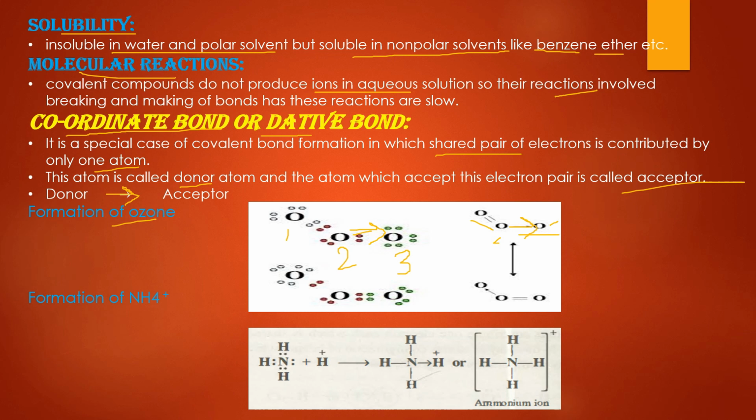Now the next is NH4 plus. In NH4 plus, nitrogen is having 5 electrons in the outermost shell, one electron sharing with each of the 3 hydrogens, and this hydrogen is H plus. Now this H plus means there is no electron. So this electron pair is given to this hydrogen and the coordinate bond is formed between these two. So this is the structure, 3 simple bonds, and this is the coordinate bond. In general, the coordinate bond is shown by the simple covalent bond, and it is considered as a simple covalent bond like other covalent bonds which are formed by the mutual sharing.